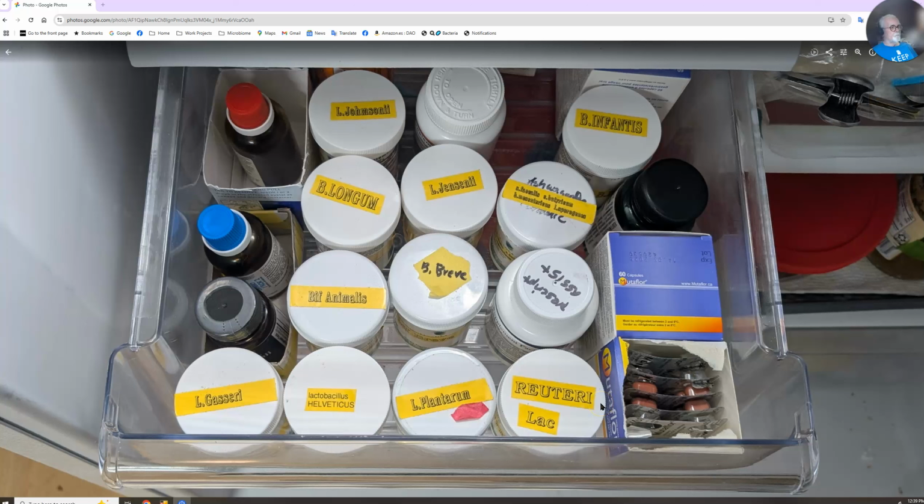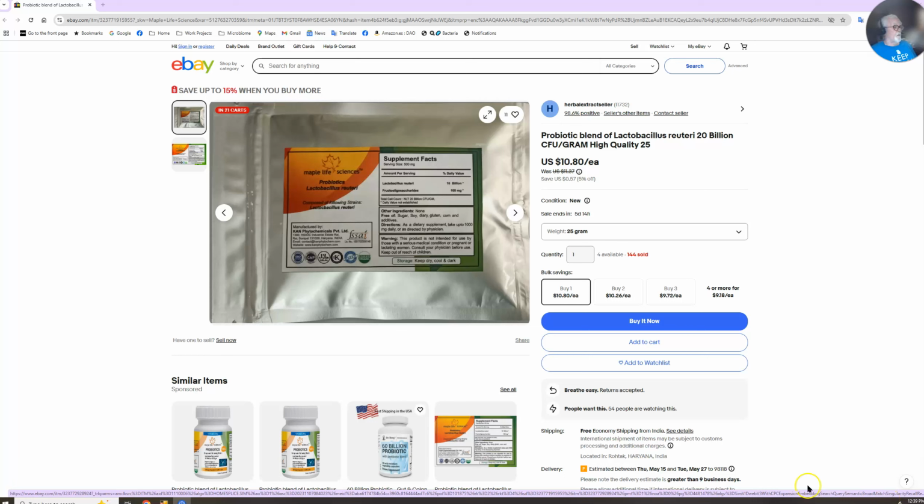And the nice thing is all of these are relatively fresh probiotics. The reason I know that is because of the source I get them from. The source actually has an eBay seller, which is where I ordered, and when I get it and we take a look at the flip side of it, you'll find the manufacture date, not the expiry date.